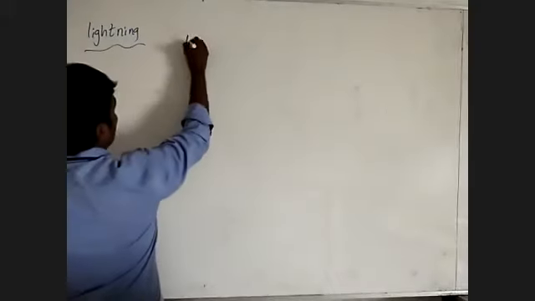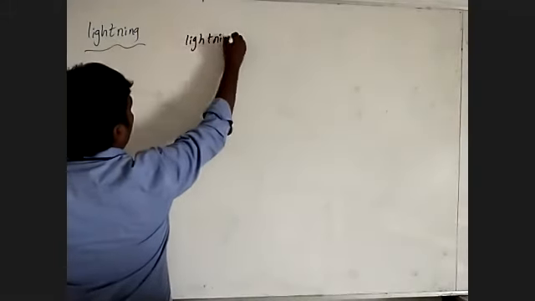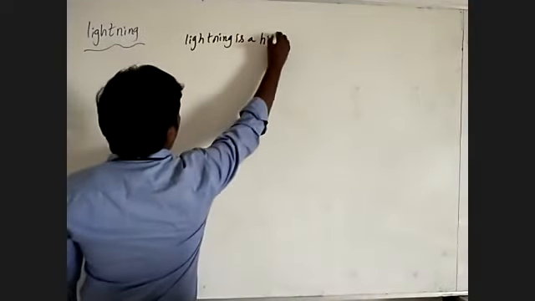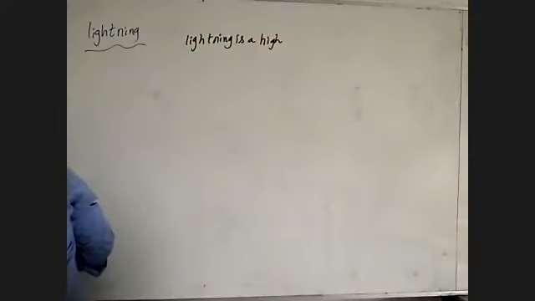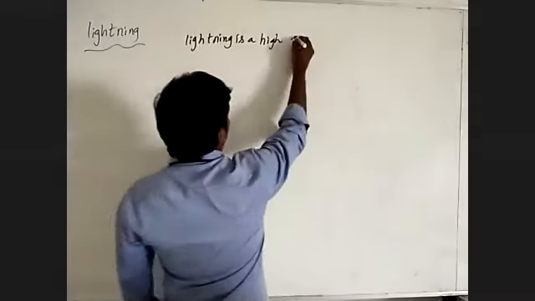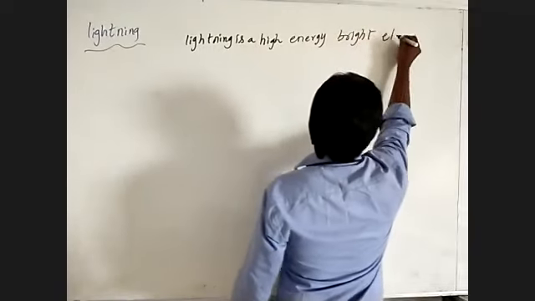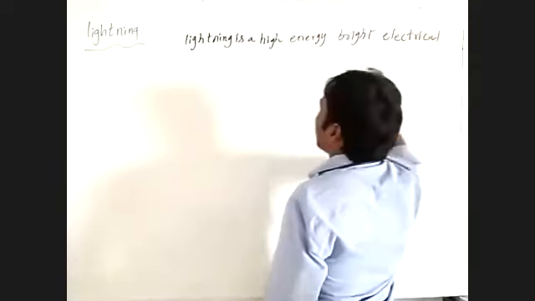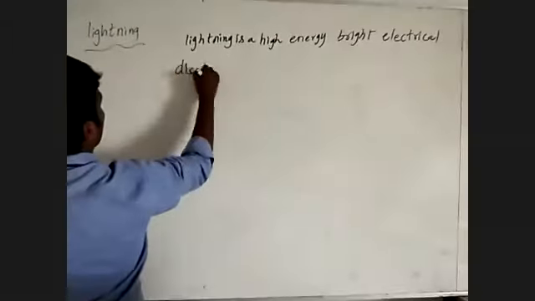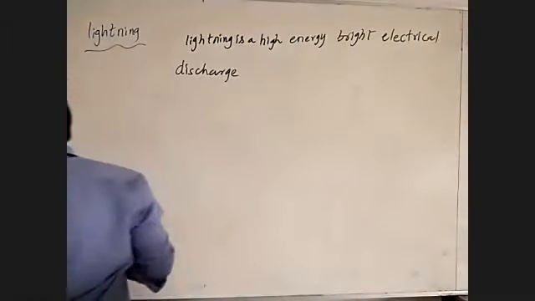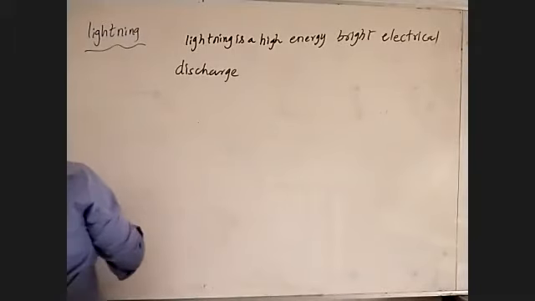Coming to that, lightning. Before we discussed about the electroscope. Lightning is a high energy, bright electrical discharge that passes between two